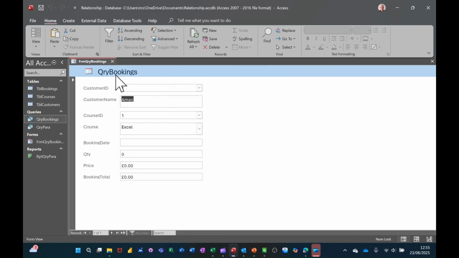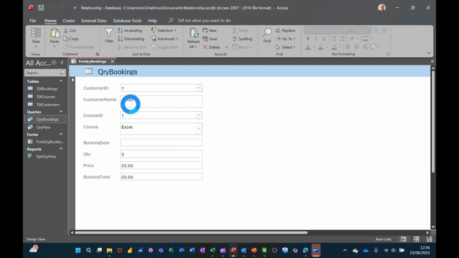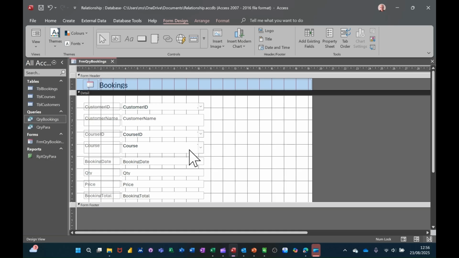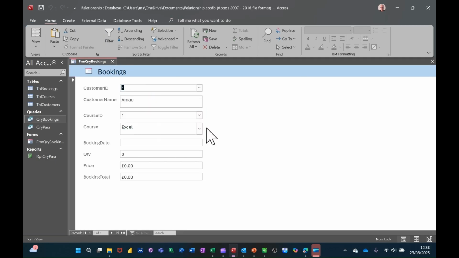Okay, and then I'm going to get into design and change this. So from here, you're going into form design, and you're changing the title, it just needs to say bookings really. And you can also change the order of things in here as well, but I'll just save that and then have a look at this. So that's the first course. So if I